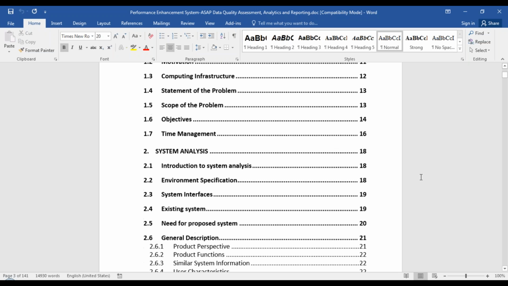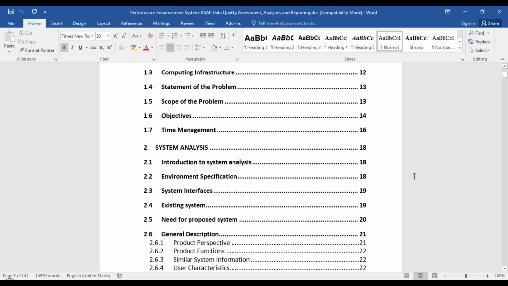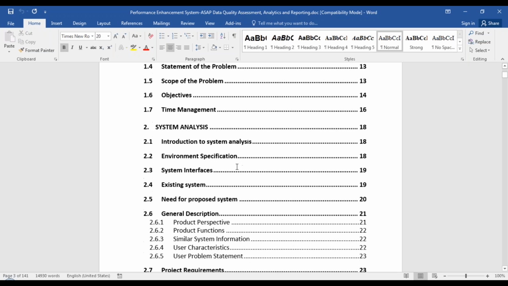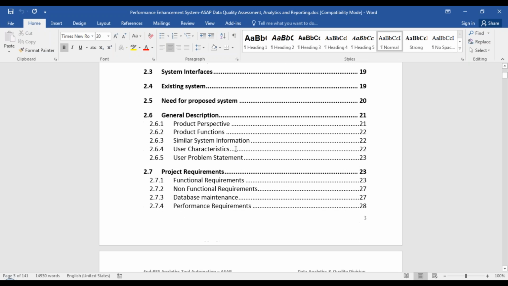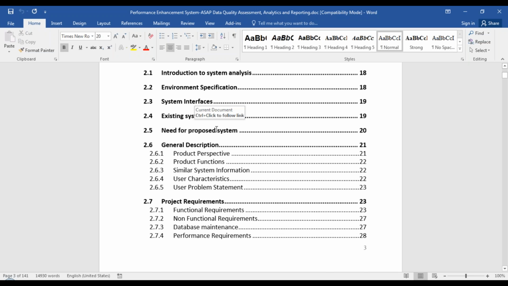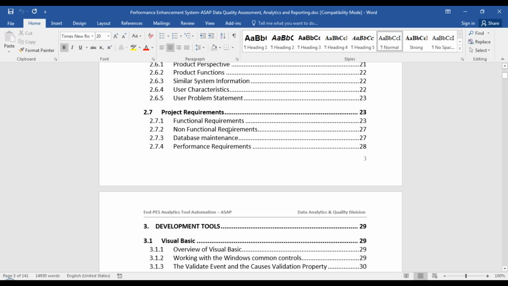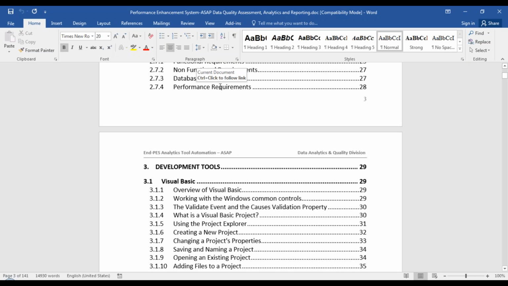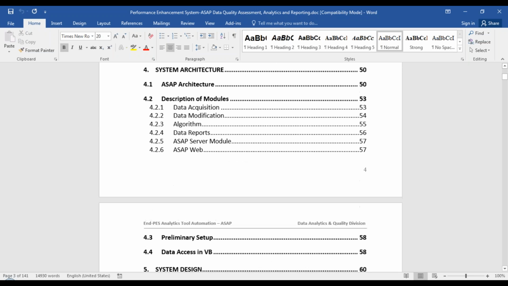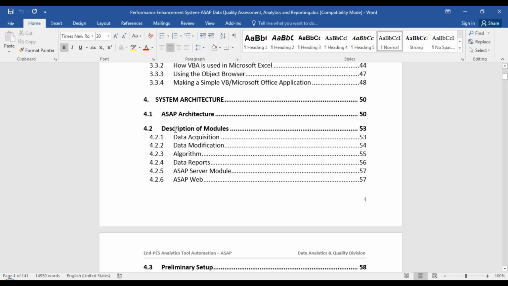Here various quality related aspects of the system are captured. How to do a system analysis, assess system analysis. What are the various aspects that you can put into a proposed system, project requirements, classify that into functional requirement, non-functional requirement, database, and then we will see how to create system architecture.